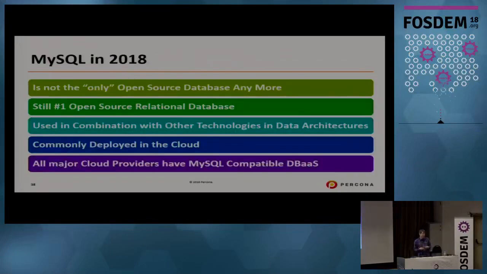Now let's look at what is really the state of MySQL overall in 2018. I believe by now that it is clearly not the only open source database anymore, right? There are other open source databases. PostgreSQL has been growing very rapidly and has been very successful, I think, in the last 3-5 years. We also have a lot of not general purpose databases, right? Like InfluxDB for time series data, solutions such as Neo4j if you are looking for graph-based databases, or Elasticsearch, right?